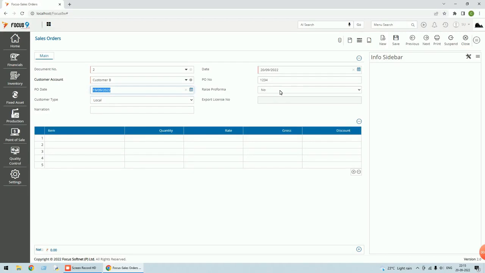Raise proforma, this I will show you how to use in triggers. By default I made it as no. Here I am selecting my item, quantity and rate. In case I select my customer type as export, you see here the export license